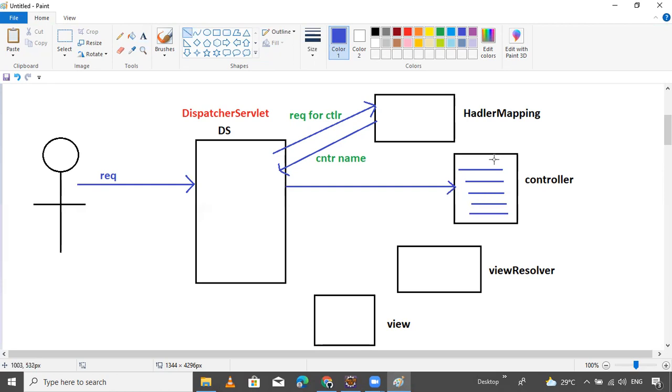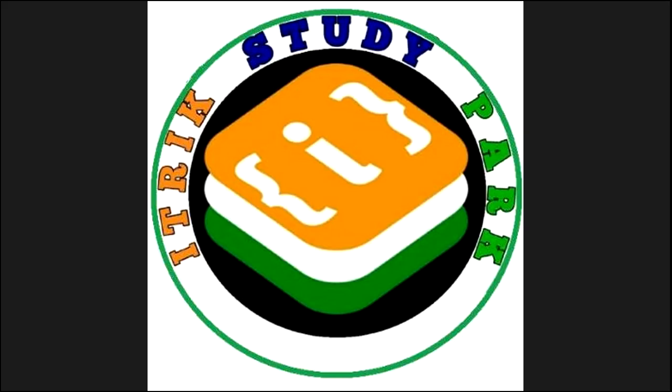Then after completion of the business logic execution, which object will it return, guys? It will return the model and view object.